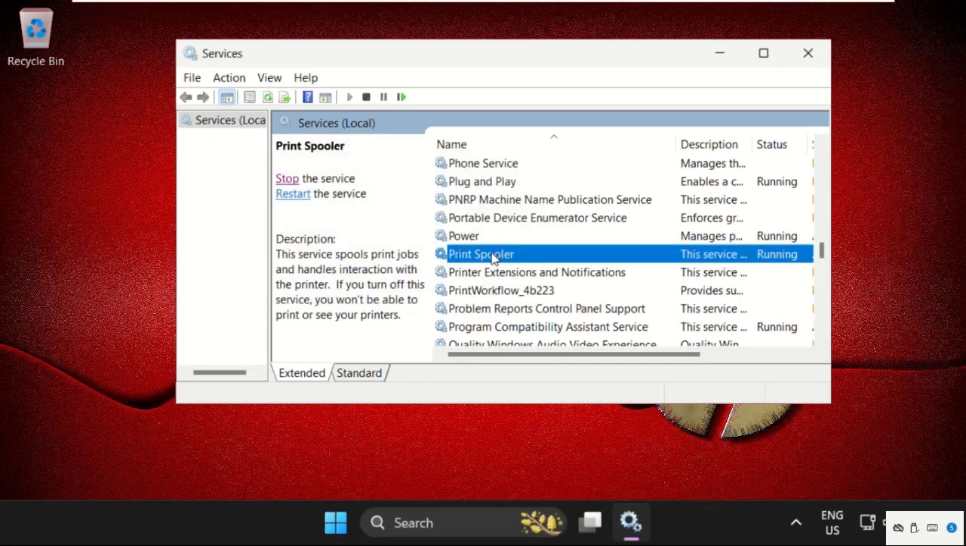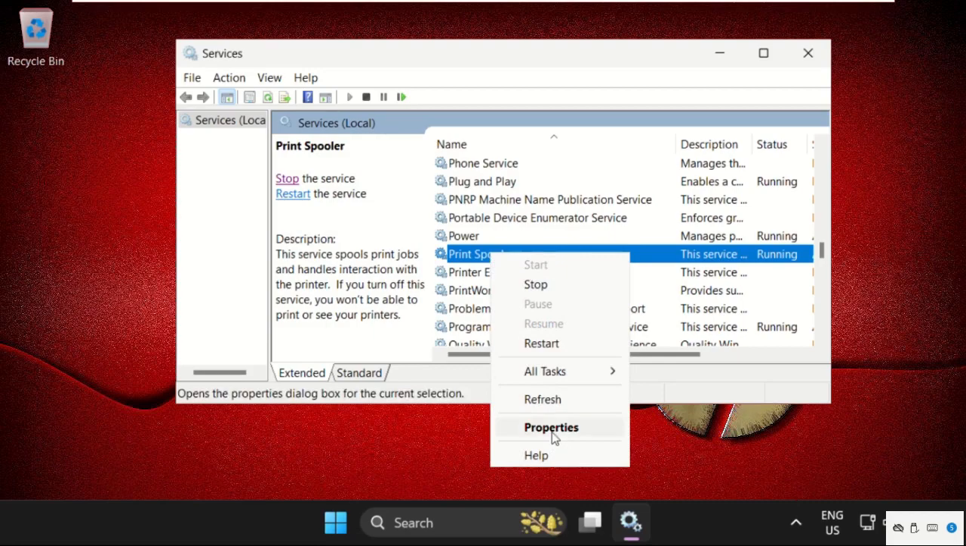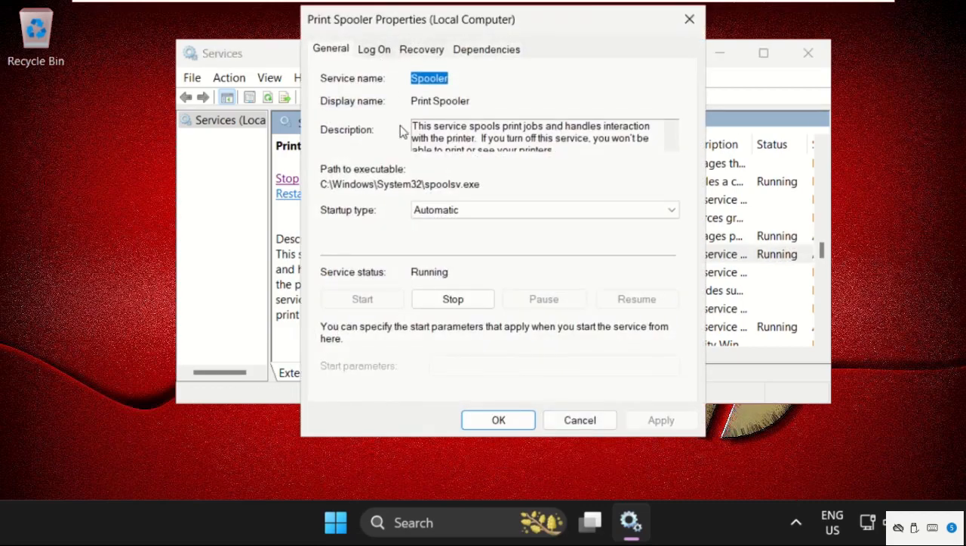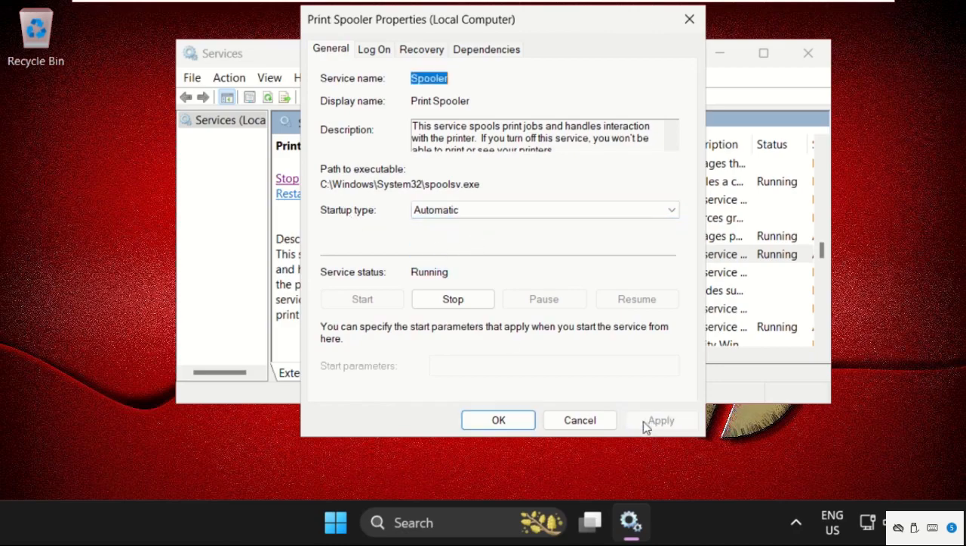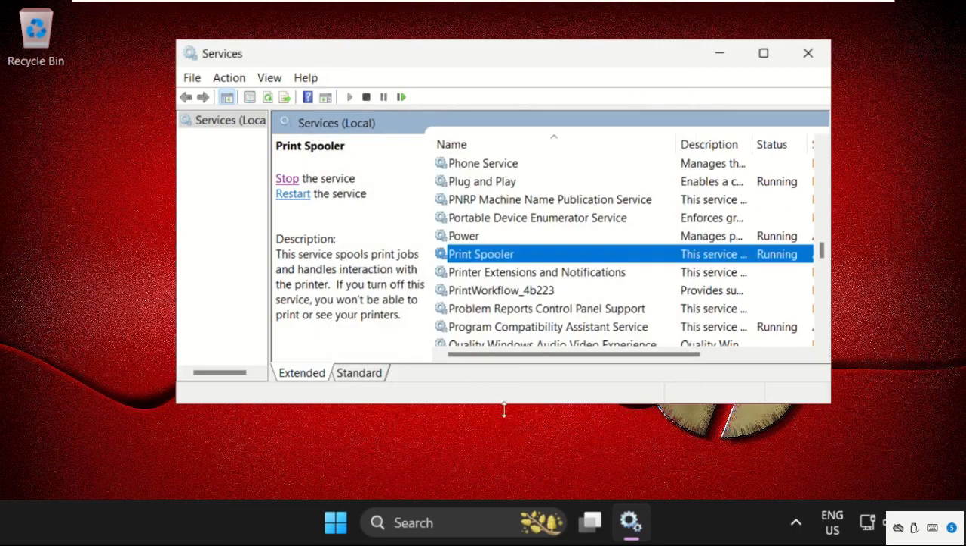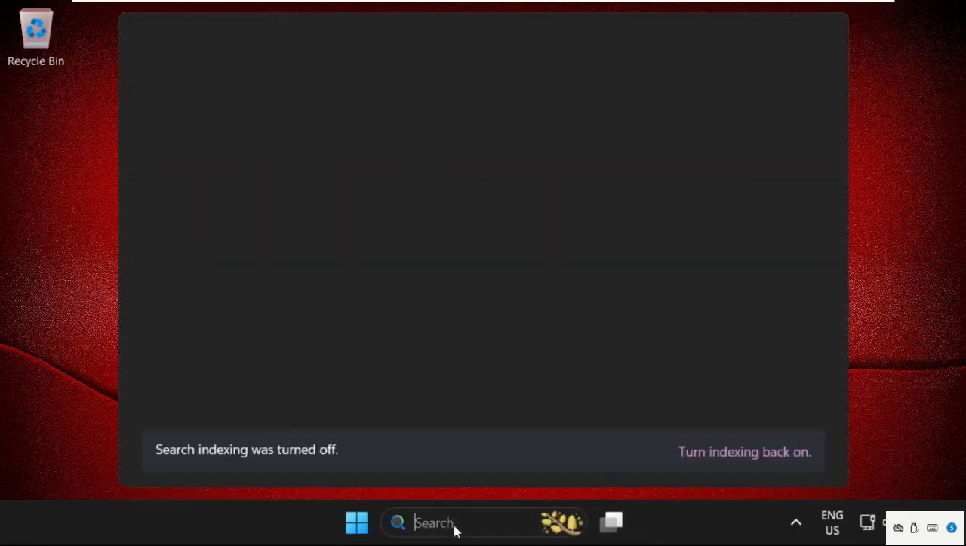Once done, we need to right click on it and select properties. Then we need to set startup type as automatic, then click on apply and then OK. Once done, close this window and go to settings,